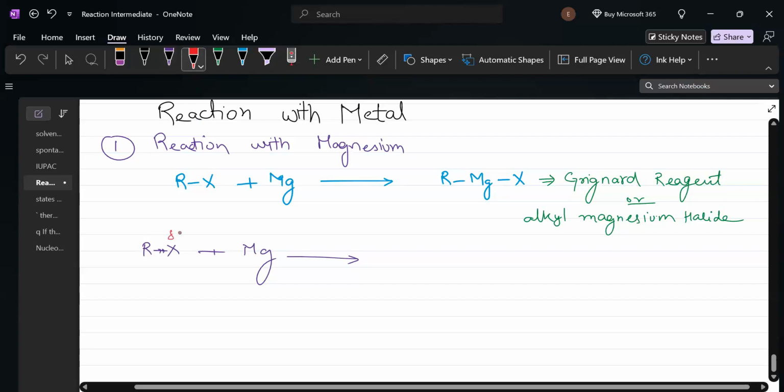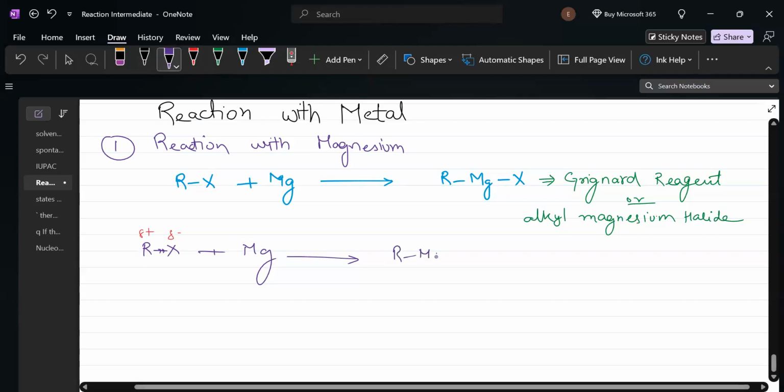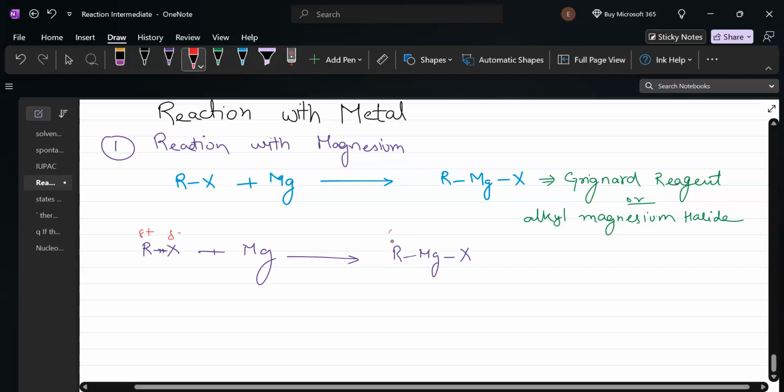So we will have a partial negative charge here and a partial positive charge here, right? So this will react with each other, and finally it will form RMgX. The most important thing about this RMgX, which you will see for the first time, is that R, the alkyl group,